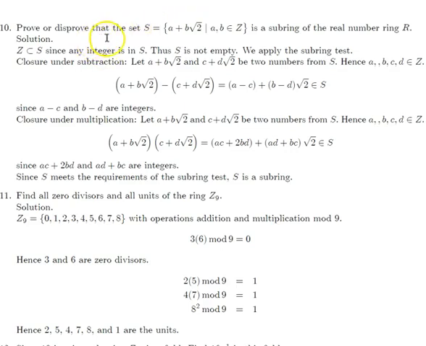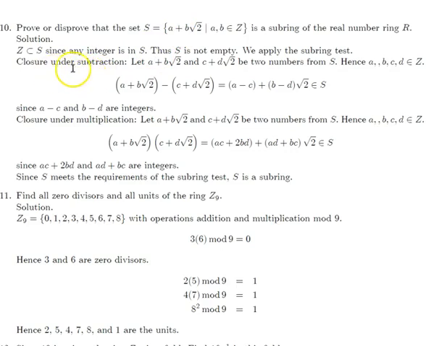Prove or disprove that the set S, consisting of these real numbers a plus b root 2, such that a and b are integers, is a subring of the real number ring R. Solution: the subset S is not empty because any integer is in S. The subring test